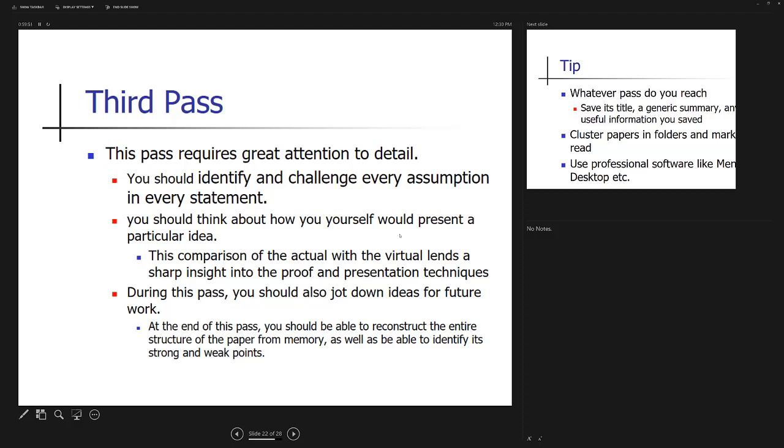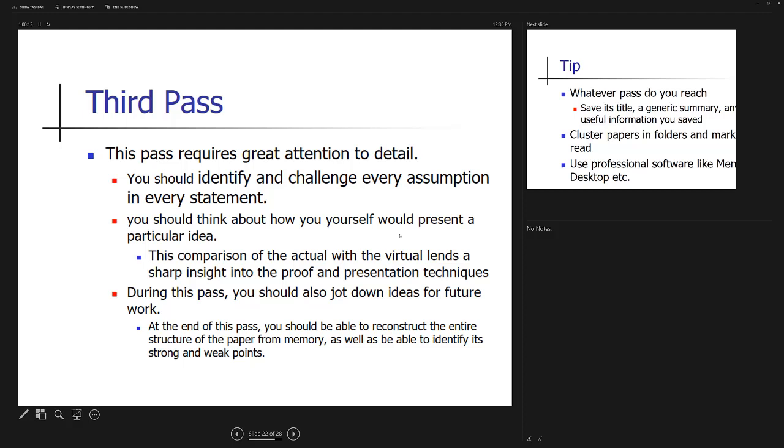Now it comes to reading critically. Now you have to read critically, each and everything. Be critical. Do the criticism. But always remember, you have to be constructive. You have to think constructively.